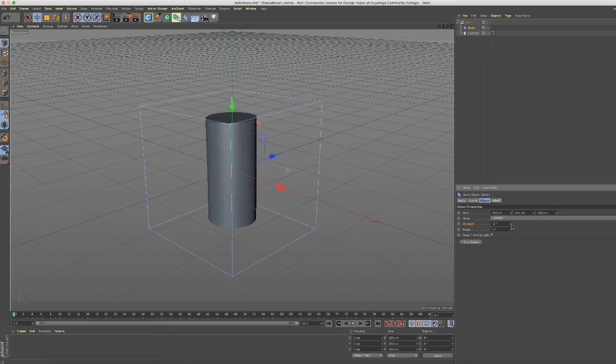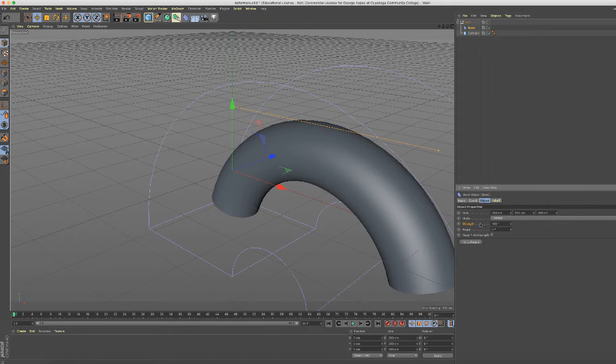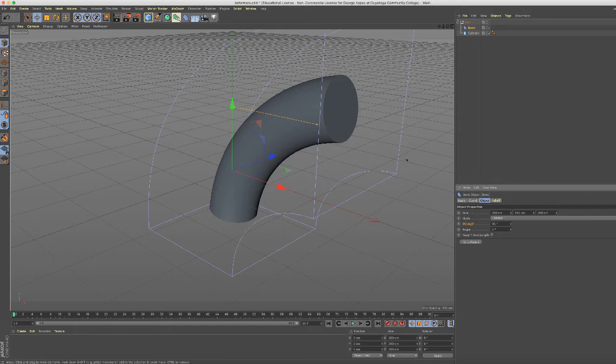Okay, well, so why would you want to do that? Well, let me set the strength at like 180. That's pretty severe. Let me go to 90. Okay, that's cool. All right, so with the bend as a peer of the cylinder inside this null object, what